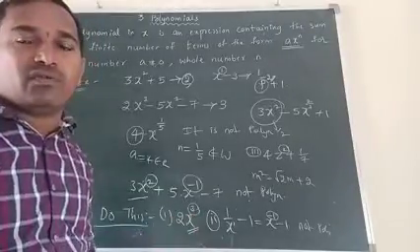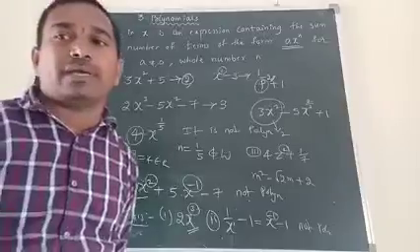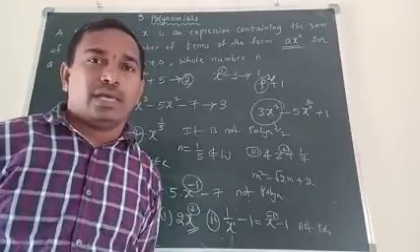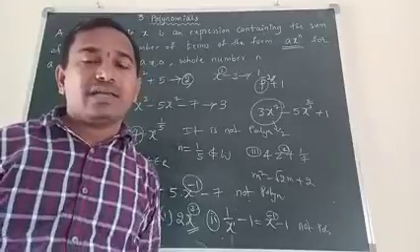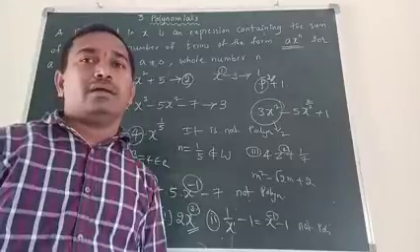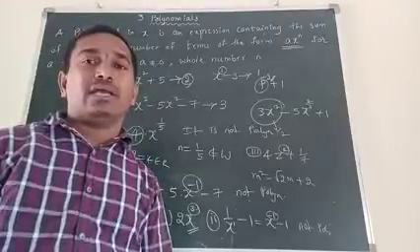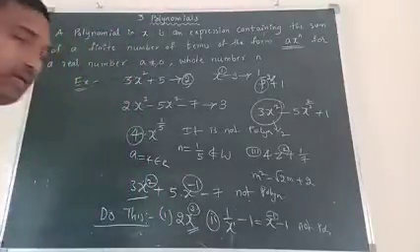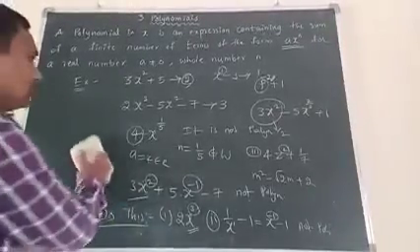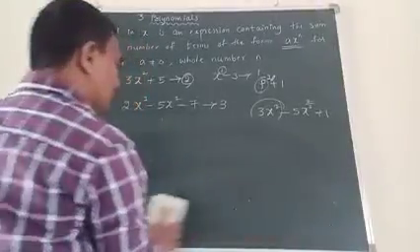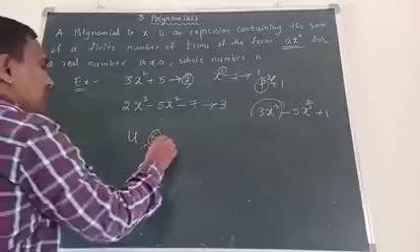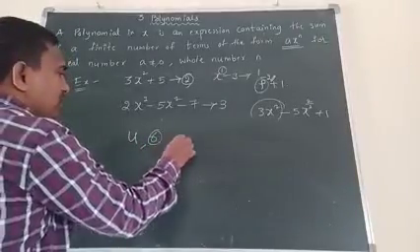If the degree is 4, we can say fourth degree polynomial. If the degree is 5, we can say fifth degree polynomial. If the degree is 6, sixth degree polynomial. You can write one polynomial whose degree is 6 in variable u. So we can write that. What is a polynomial in variable u? Degree 6. The highest power of variable u should be 6.